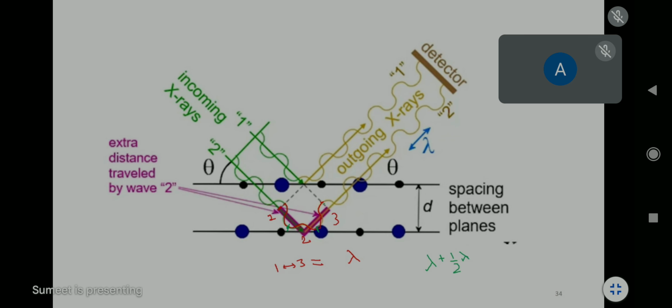And if you see this also, this is also half of the wavelength. This is another half lambda. So if you add it, you will get 2 lambda. And in the generalized case, we can write it as n lambda, because n will vary. N will vary because if this first wave is interacting with the third wave, which is getting reflected from another plane, suppose,